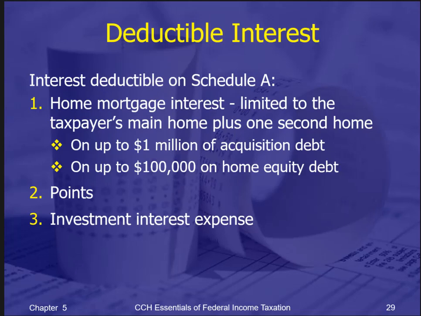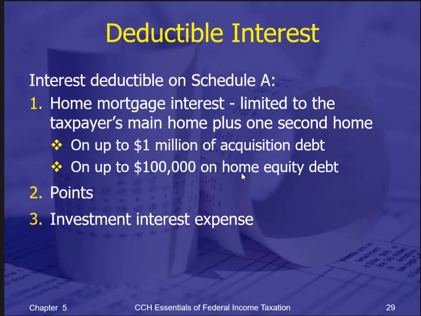Interest. This is pretty straightforward. Almost all home mortgage interest is deductible, but there are some important limitations. You get one main home and one second home. You can do it on $1 million of acquisition debt. If your house costs $1.2 million and you borrow $1.2 million, you're not going to be able to deduct the interest on that extra